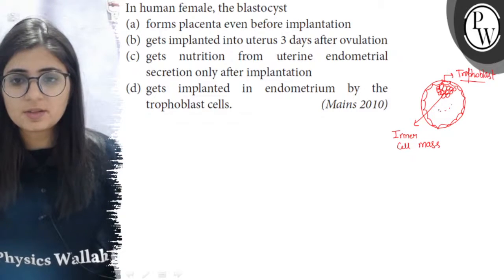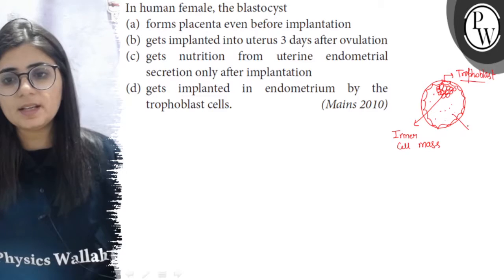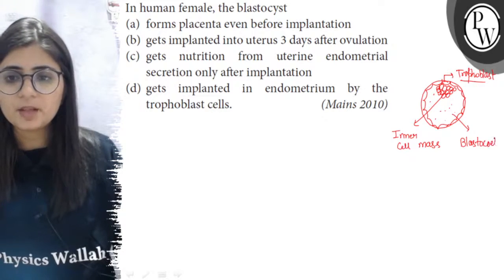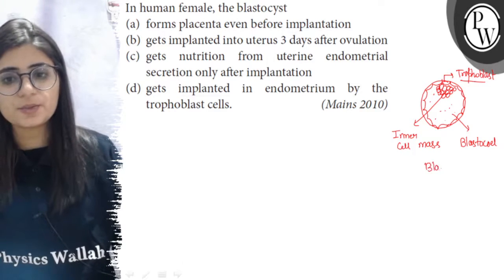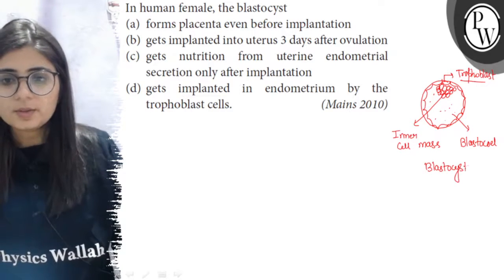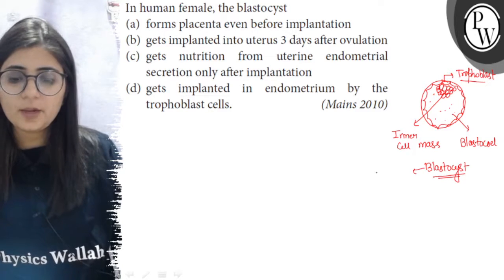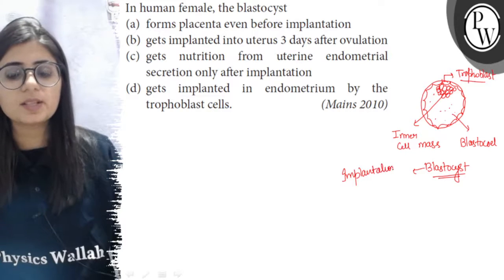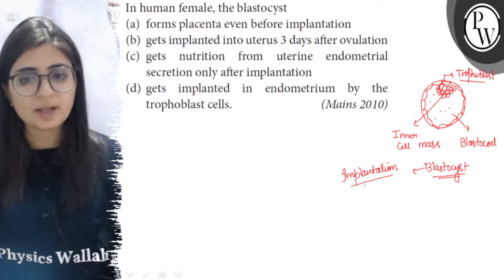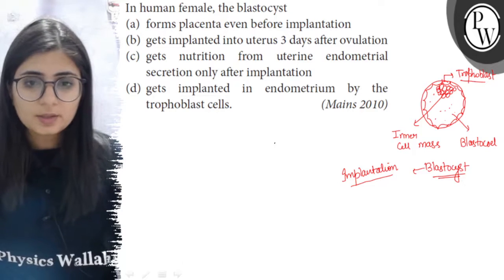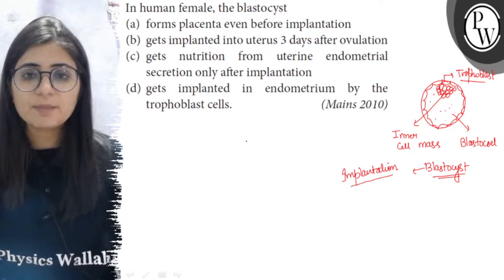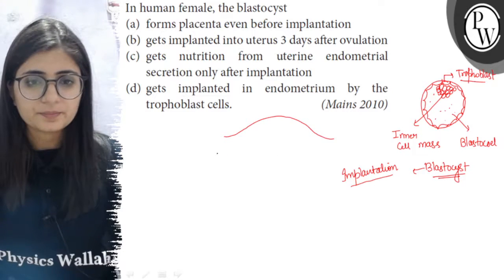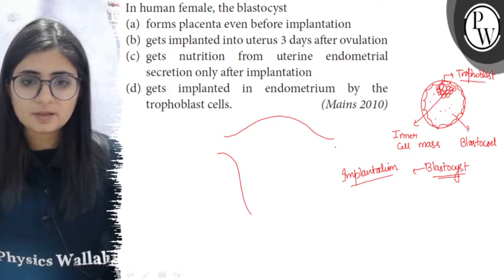Now this structure also has a cavity, and this cavity is filled with a fluid, and this cavity is called the blastocoel. So this structure is known as blastocyst. This is the stage when implantation occurs. Implantation means the attachment of blastocyst with the innermost lining of uterus, that is endometrium. Now this blastocyst gets implanted in the uterus 7 days after ovulation,